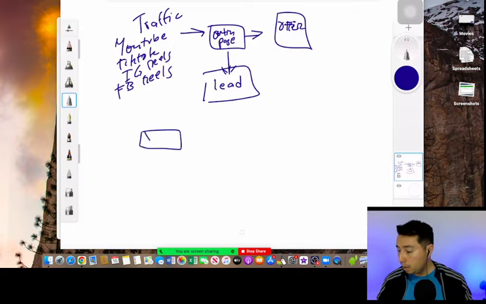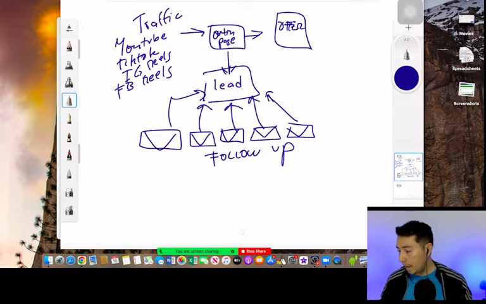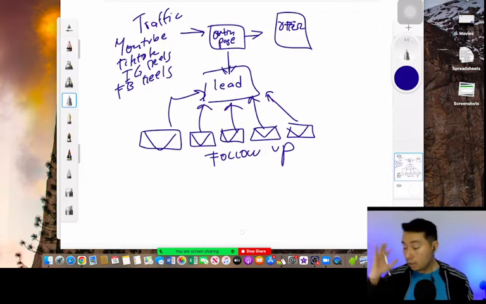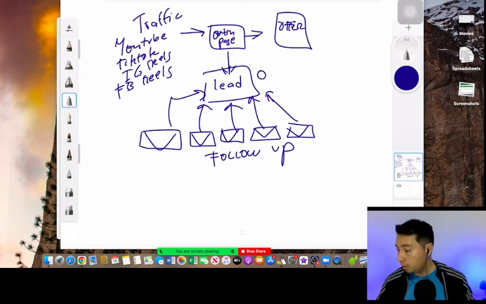You need to build autoresponders that you're going to send to your leads to do the follow-up. And that is the strategy to make money with affiliate marketing, guys. So that's it. You need to build an opt-in page, you need to collect a lead, you need to do the follow-up with an email sequence, a workflow, so you can send to them your offer.